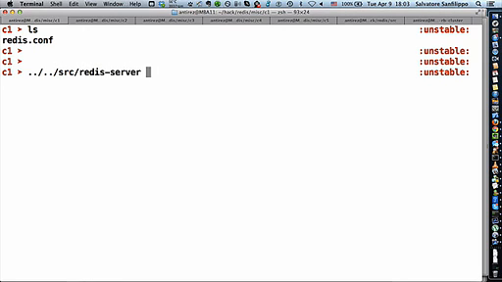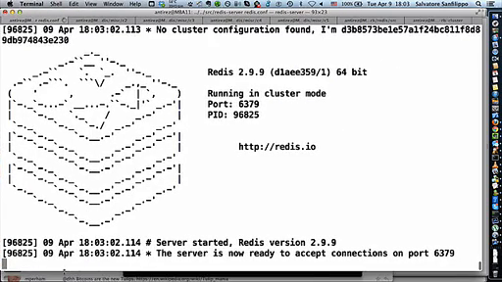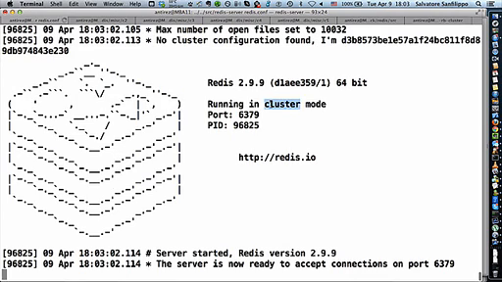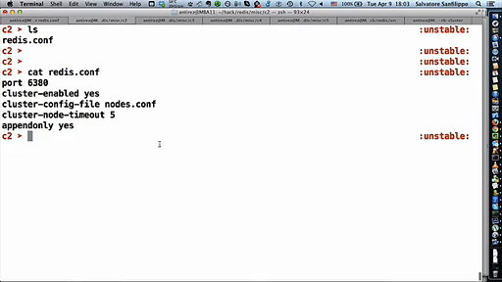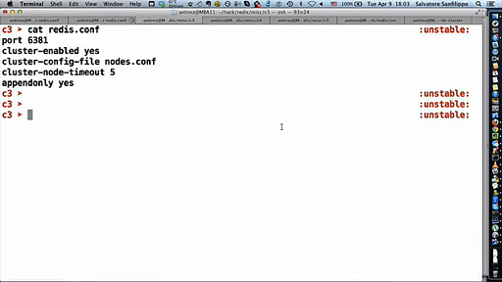So let's start the first node. As you can see, Redis advertises that it is running in cluster mode, and I can run another one, and I have another one, but so far these are just 2 nodes, and they are not